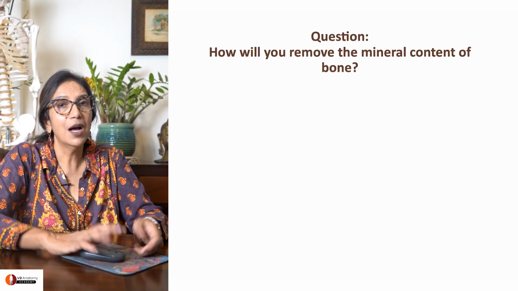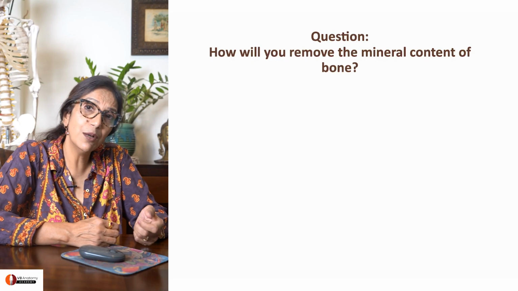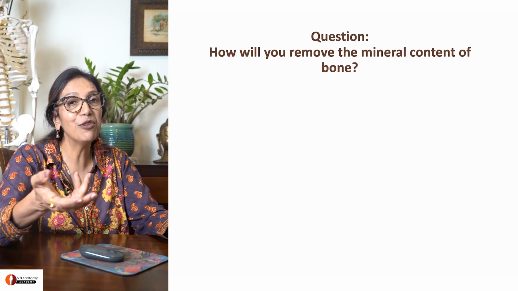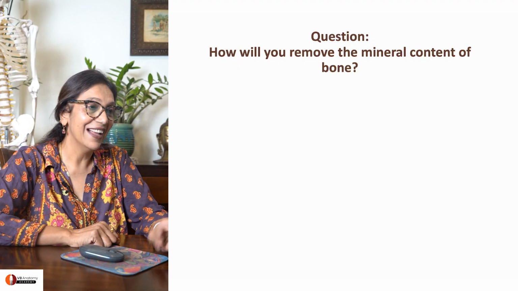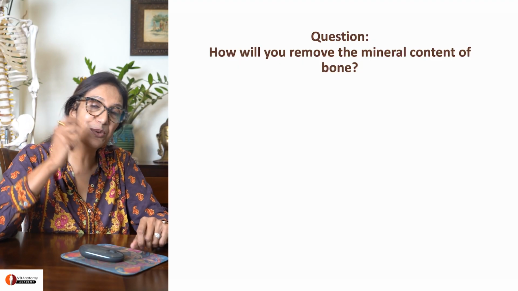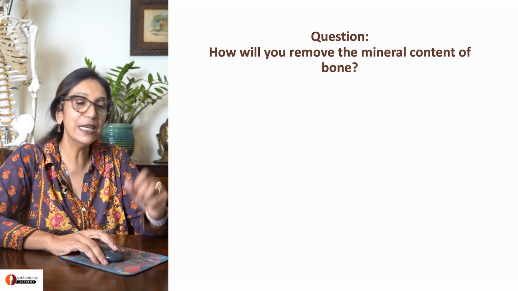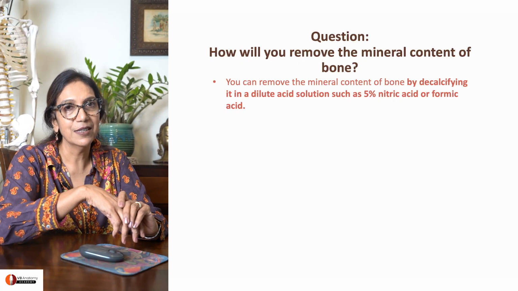Now question, how can you remove the hardness of a bone? Can you make a bone soft? What did Harry Potter do to lose all the bone mineral of his bone? Remember how his hands were flopping here and there? That was an excellent use of the wand. But otherwise, if you want to remove the hardness of a bone, what you can do is just take the bone and drop it in acid.